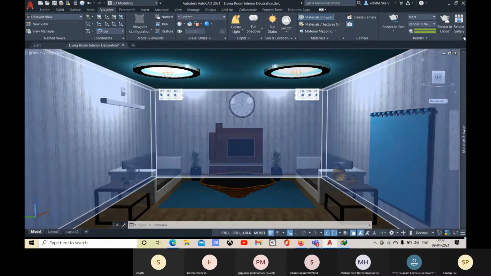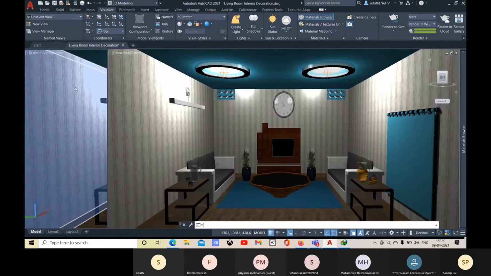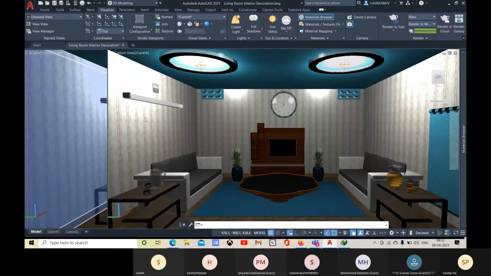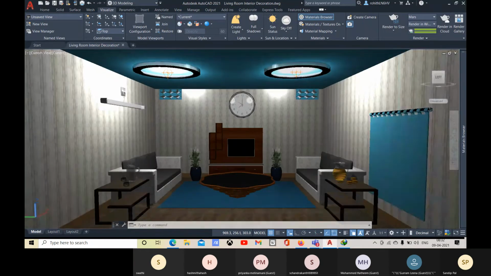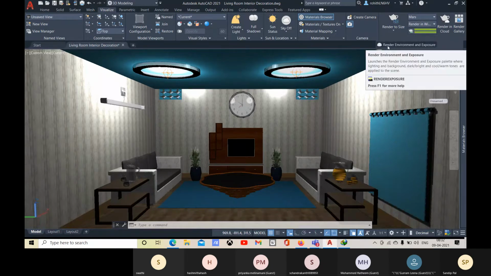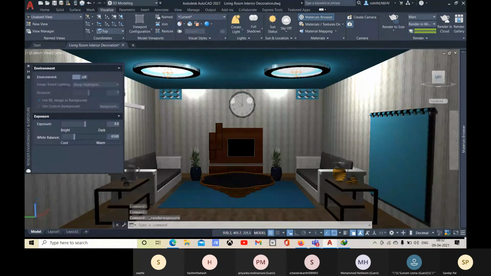For that option, you can come to this arrow here also. It will bring the same window. My system is lagging right now. Yeah, so this one is there. Okay, and here also you see that one render drop down option is there. For render environment and exposure, you have this environment.